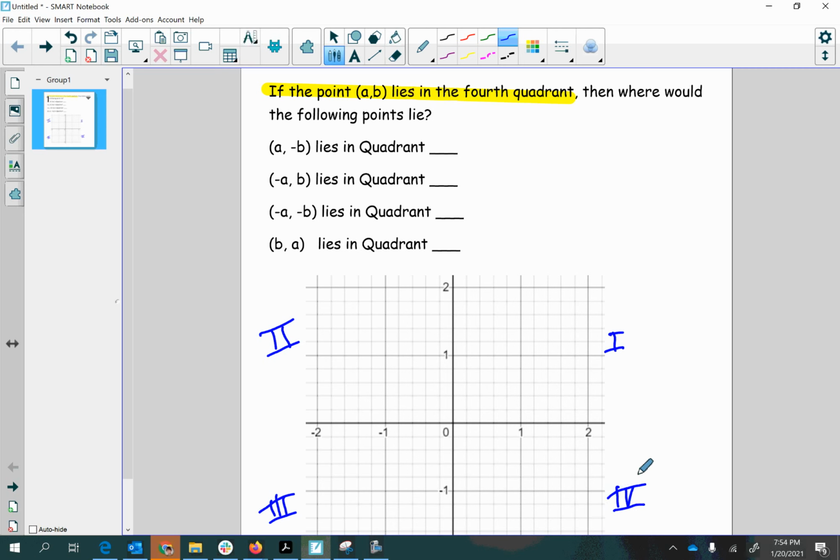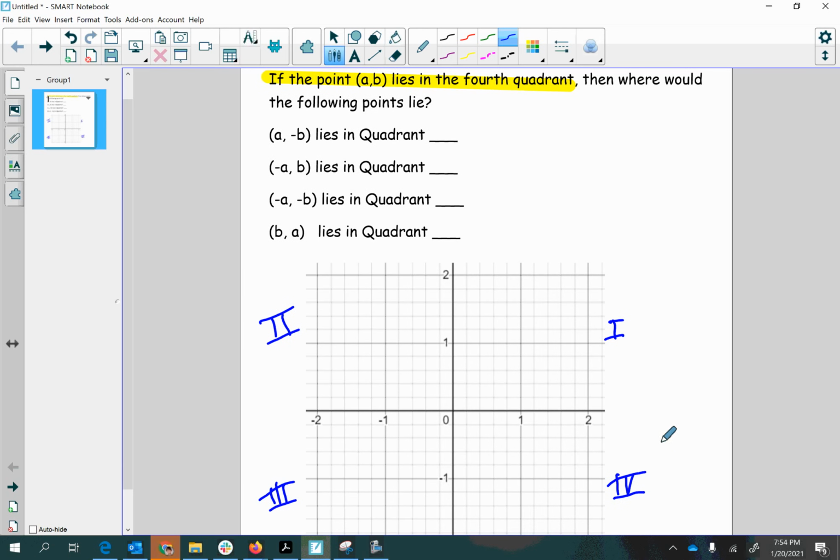Now, the easiest way to understand how to answer this question is to use a more concrete example. So let's look in quadrant 4 and pick one point that we can use as our example. So if this point lies in quadrant 4, let's just pick this point here, which would be the coordinates 1 for x and negative 1 for y. All right, so now